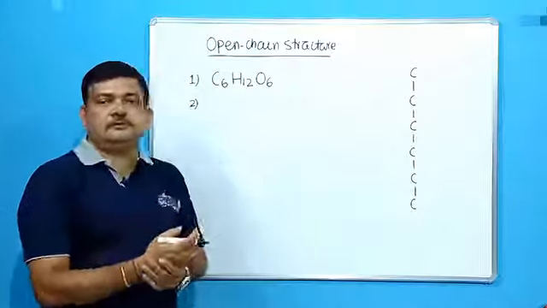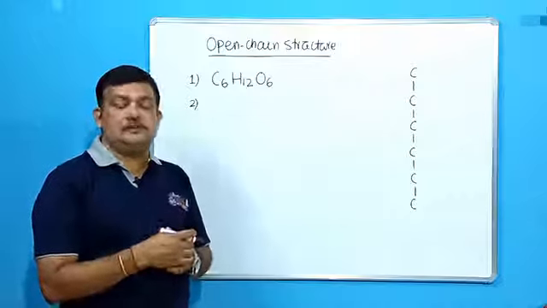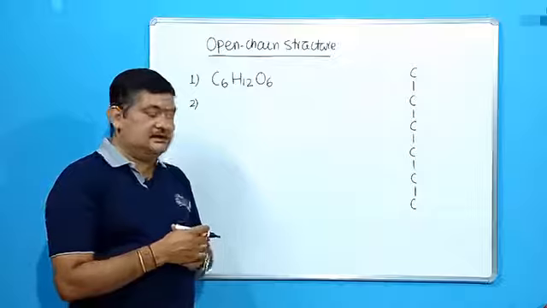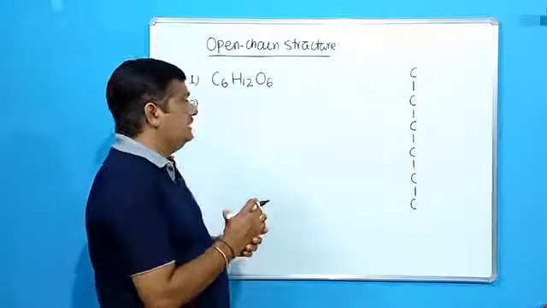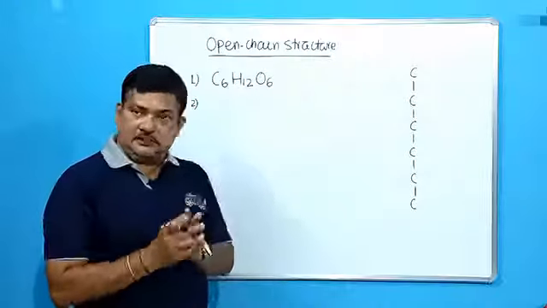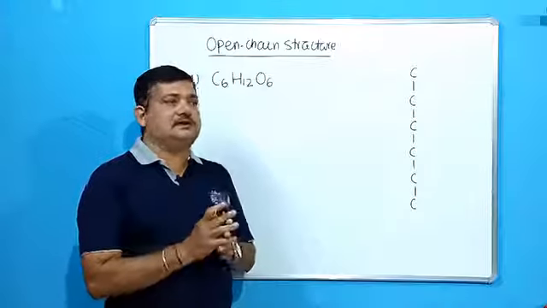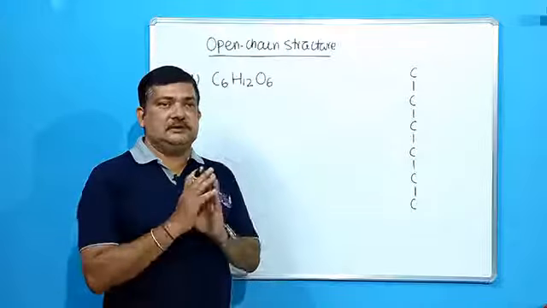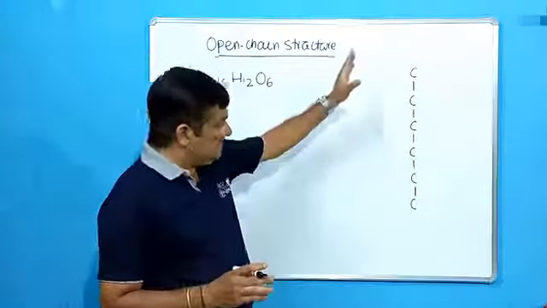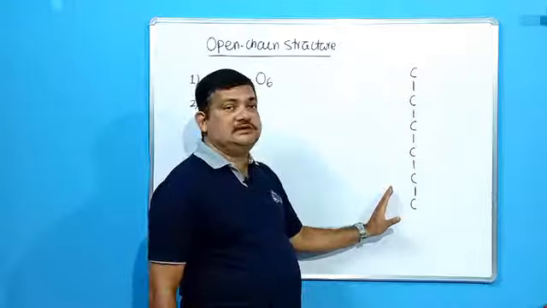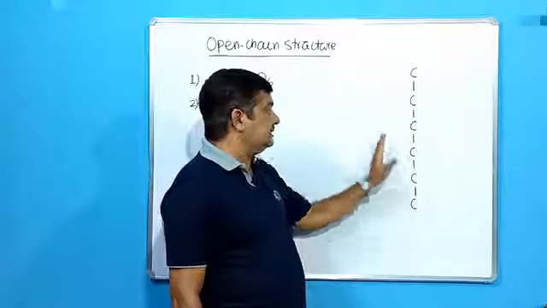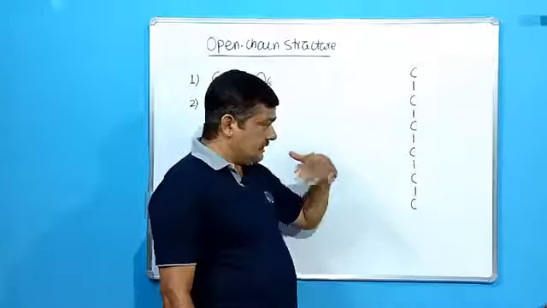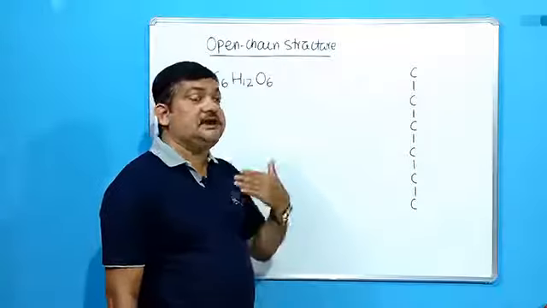When glucose was reduced in presence of concentrated hydrogen iodide and red phosphorus, it gives n-hexane. So when glucose is reduced with hydrogen iodide and red phosphorus, it produces n-hexane, which confirms that glucose has an open chain structure containing 6 carbon atoms, which is unbranched. Step by step, I will show how the structure is elucidated.